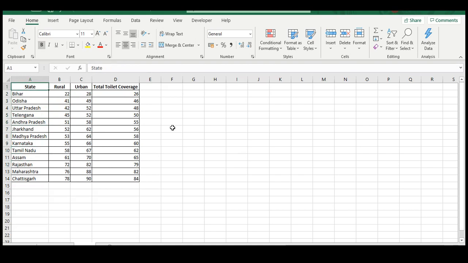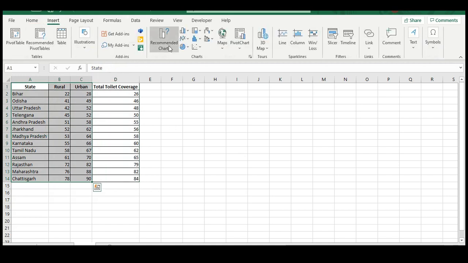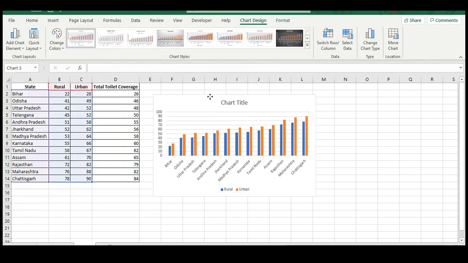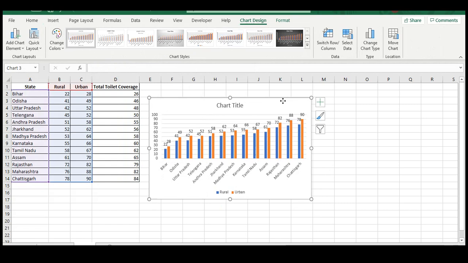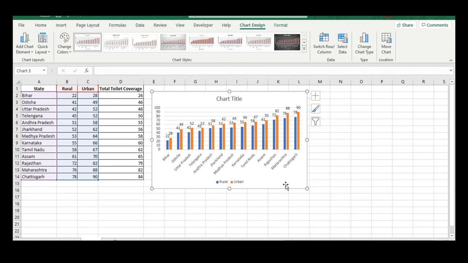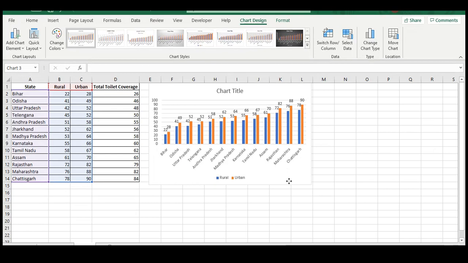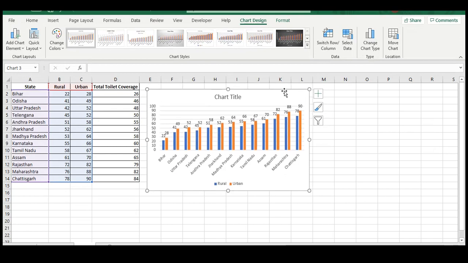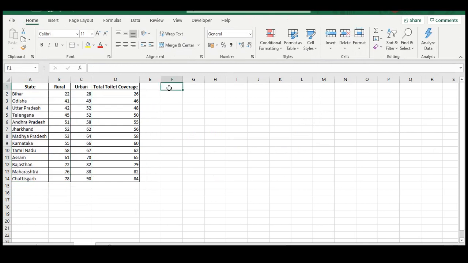Now if I have this kind of information, I can also use a normal bar chart to plot my graph. For example, I can just click on insert, click on bar chart and select the default bar chart. So you can see I can also use this bar chart to depict my data. But if we were to think beyond the conventional bar charts, when we have this kind of information, it is better to create a modified version of a bar chart which not only looks cleaner but is also very user friendly.